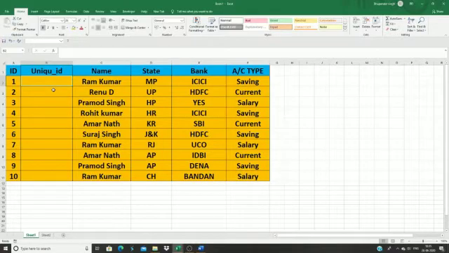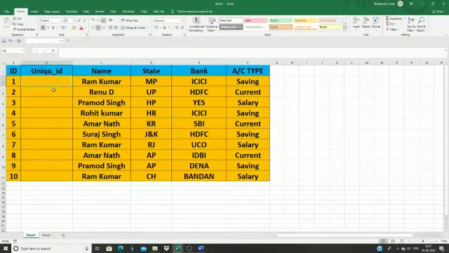So if you use a simple VLOOKUP in Excel, whenever your VLOOKUP gets the first value from your data, it will provide the answer for the first value. It will not work with your second value with a similar name. So how can we get the answer in this situation? We are going to learn right now. The reason behind adding this new column, which is the unique ID, is that we have similar names multiple times. So now we are going to provide a unique ID for every name.